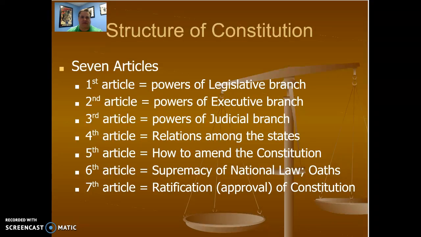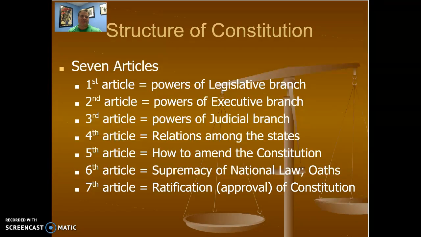The 5th article concerned itself with amending the Constitution. Of course, they had to provide a means by which the states or the legislature could initiate a process to change the Constitution. The 6th article laid out the very important idea that national law would be supreme over